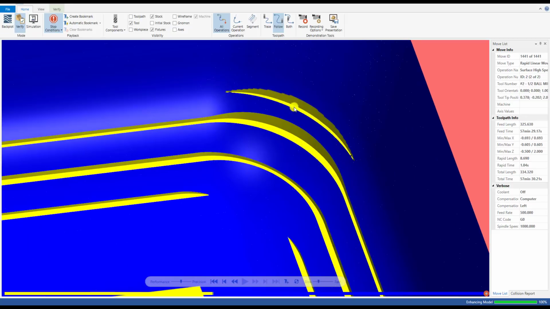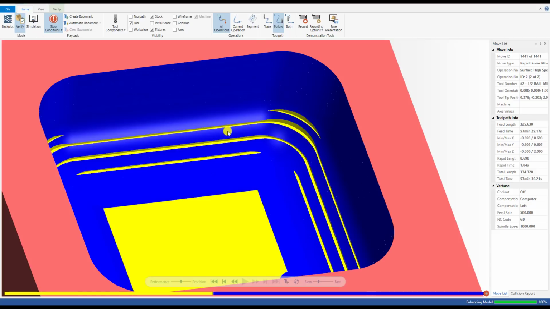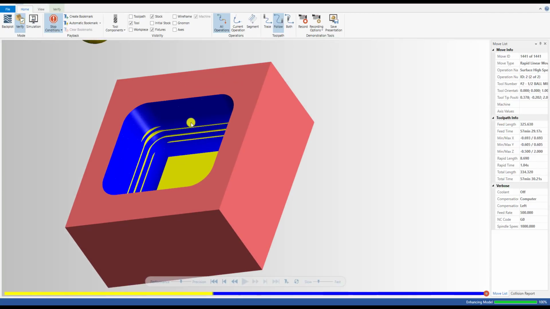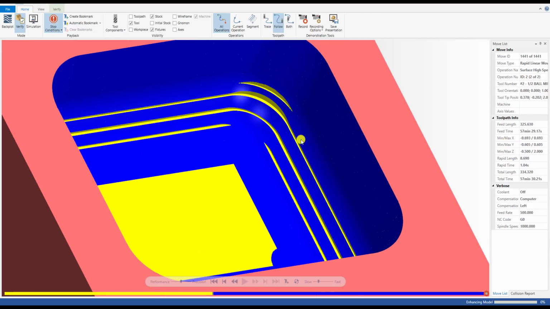You can see the yellow mark here on the wall, right on the fillet. On one of the fillets, you can see we have three marks here. And you know what, this is the mark from the roughing tool,